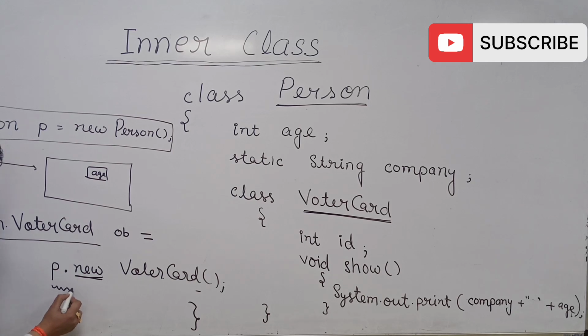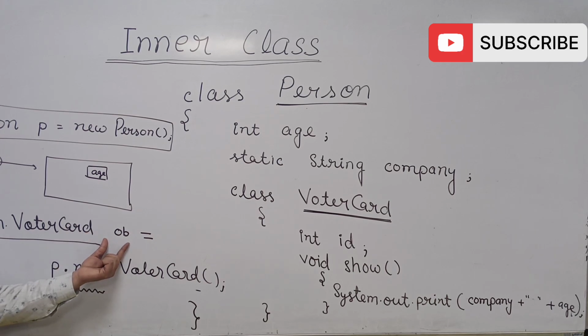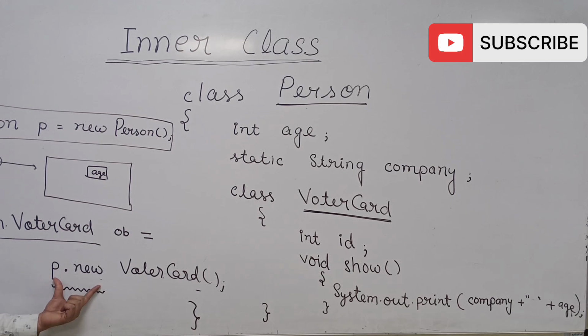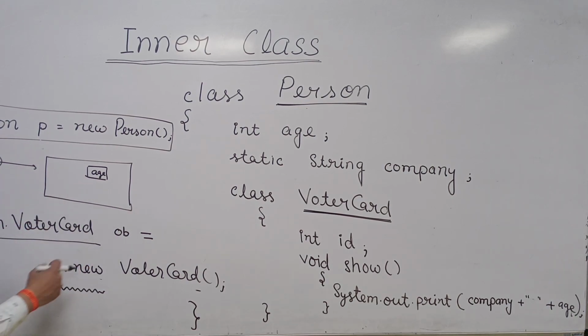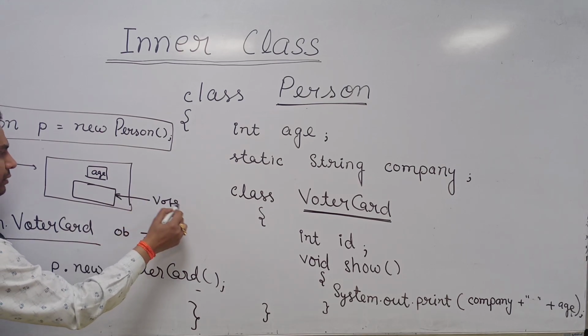So this is something that you need to write here. You have to write Person, meaning the outer class, dot inner class, reference variable is equal to outer class object reference dot new, and that's why you need to create the object of the outer class. If you will not create the object of the outer class, then this will not be possible. As soon as you write p.new, inside the memory of p a new object will be created for which class? For VoterCard.